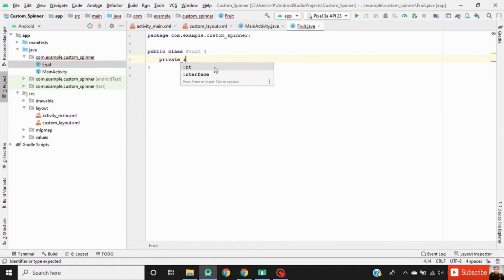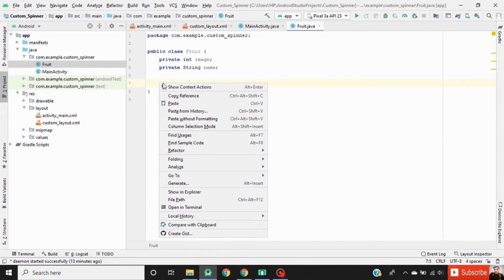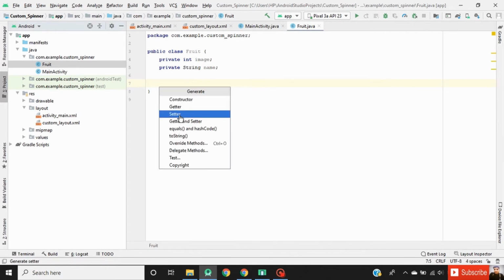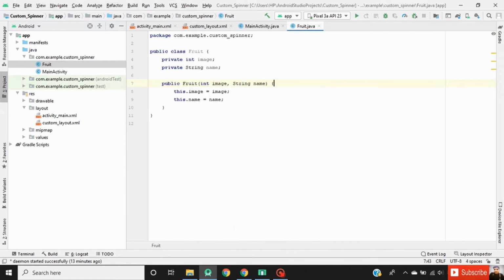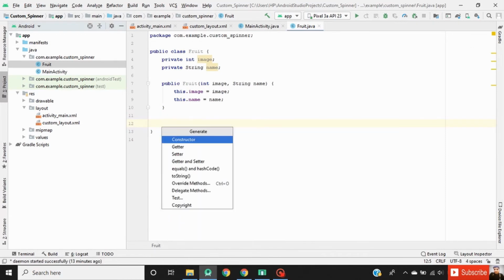First one is an integer, name it image, and second one is a string, name it name. Now create a constructor for this class. Right click, generate, and then select constructor, select all, then click OK. Now create getter and setter methods for these two variables.